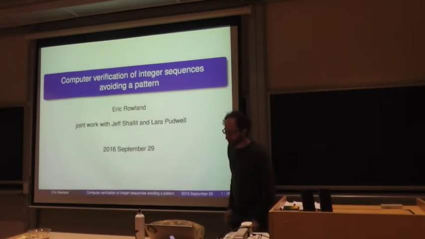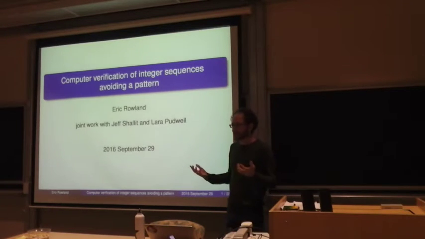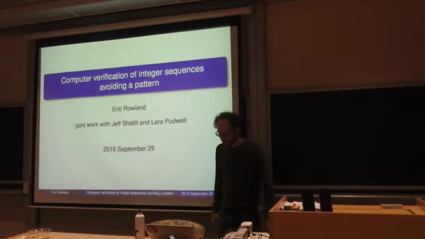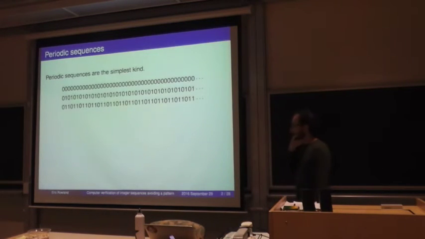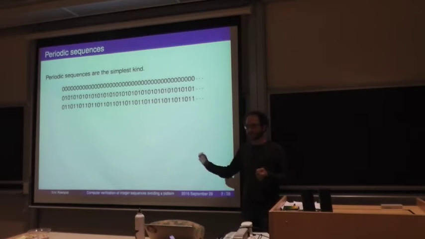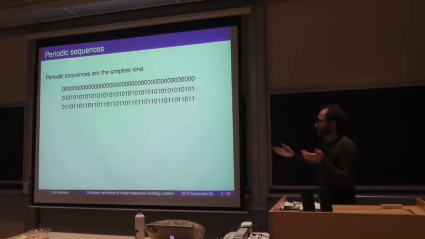And it's kind of a nice topic. There's a mixture of some combinatorics and some number theory, and a very healthy dose of computer experimentation and then theorem proving using a computer. All right, so what's the main setup? Periodic sequences are very simple, right? They're sort of the simplest kinds of sequences that we can imagine. You can compute the nth term very quickly. You know, I mean, there's not much to say about them.